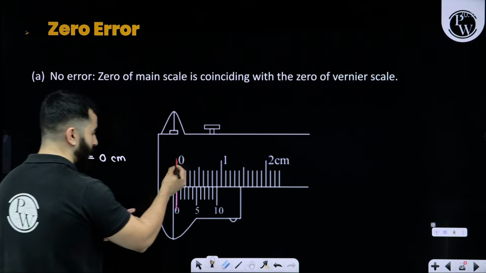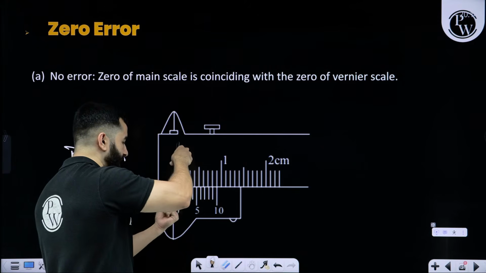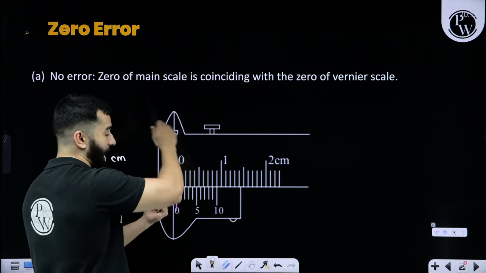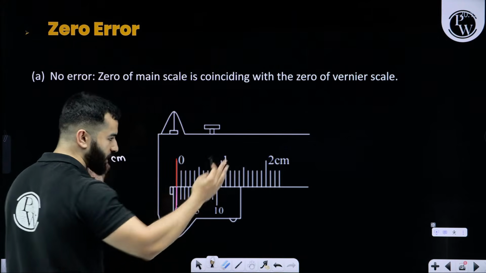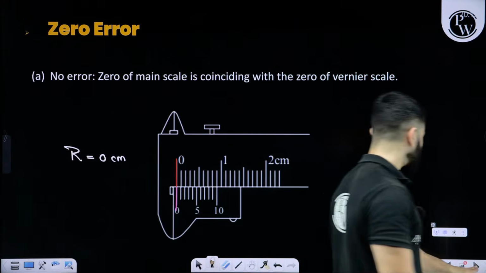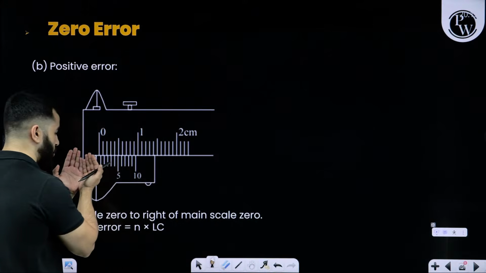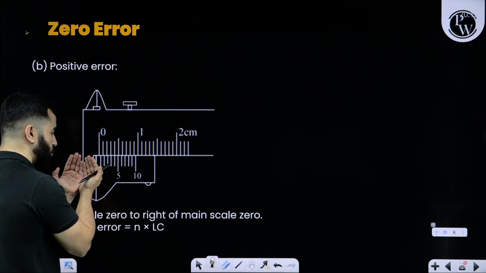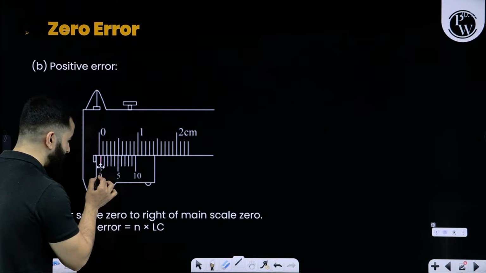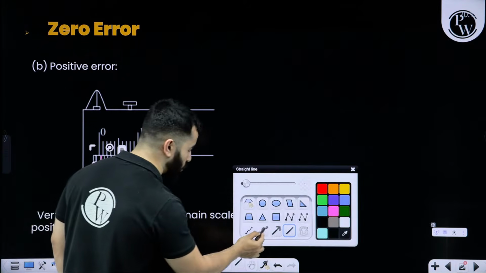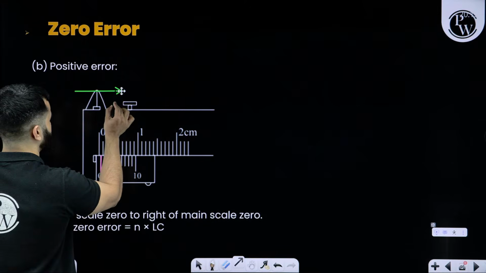So that means when the 0 of the main scale and 0 of the vernier scale are coinciding, and there is nothing in between, of course, then it has got no zero error. But what will happen if, let's suppose, you have joined the two jaws, and the 0 of the vernier caliper